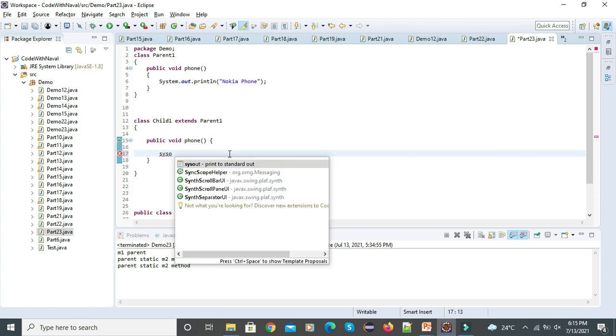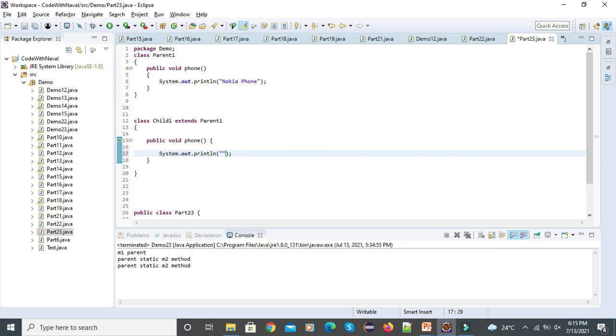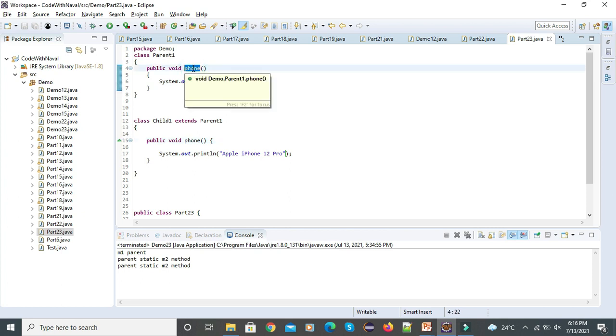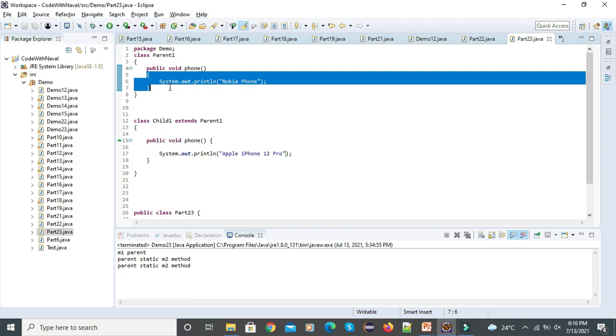SYSO, I simply type SYSO and add here Apple iPhone 12 Pro. Here the parent provides a Nokia phone, but the child doesn't want that phone. The parent creates a phone method, and the parent provides a Nokia phone by default.